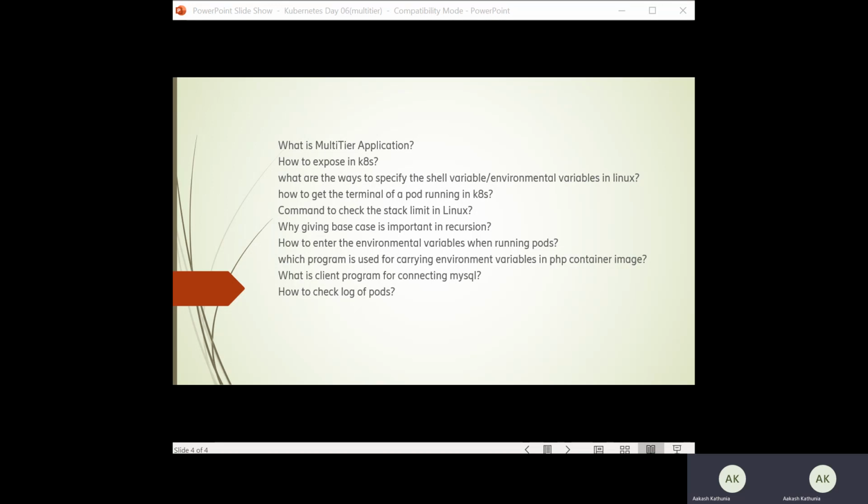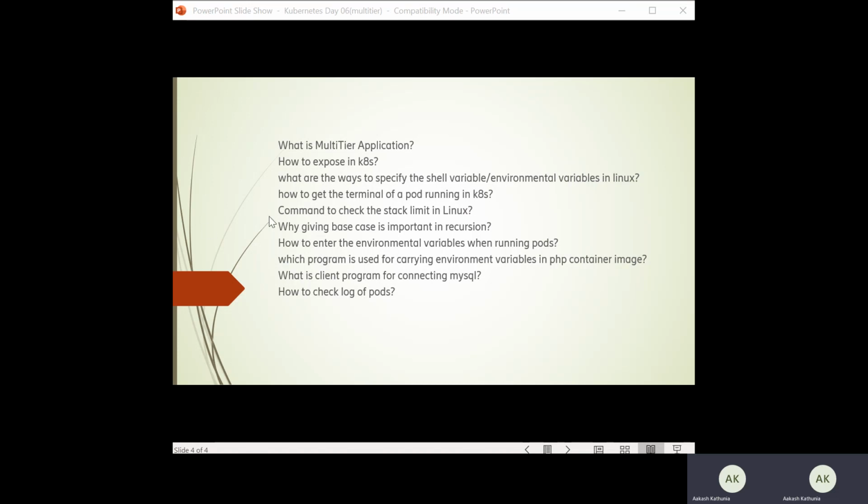What is a multi-tier application? So now you can answer that the multi-tier application consists of one part, which is your web application, and another for your DB. So we can say that a multi-tier application is an aggregation of front end and back end in one place. The request is coming from the client, hitting the web server, that is the WordPress application, which is internally making a connection string towards the DB. So this is a multi-tier application.